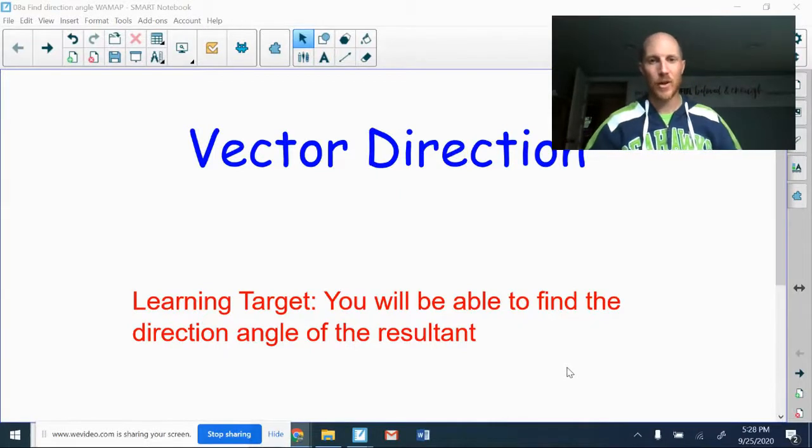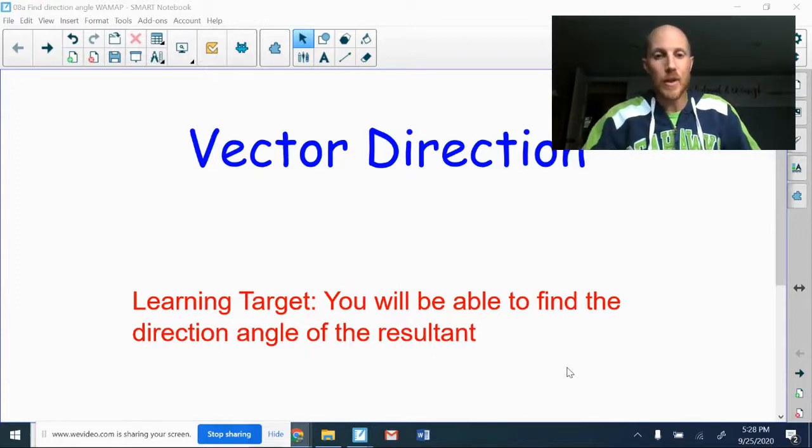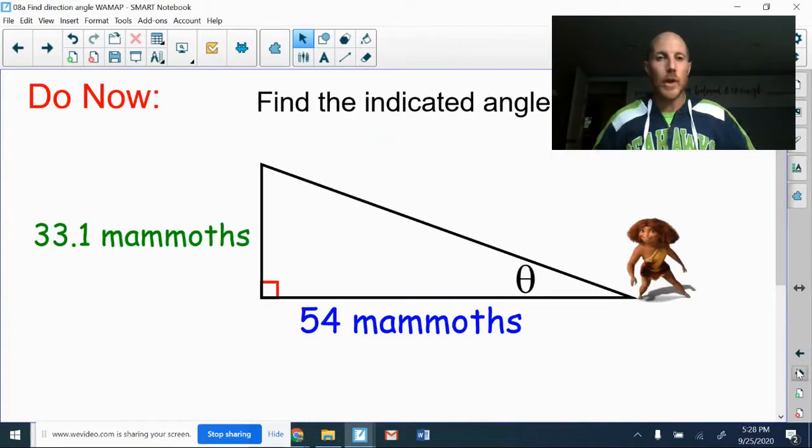Paper calculus today. Look at vector direction. Loading target for today is you'll be able to find the direction angle of the resultant vector. So we usually start with a do now, and